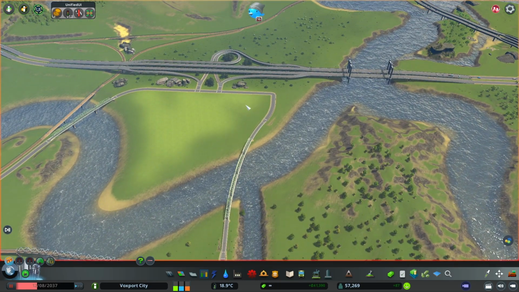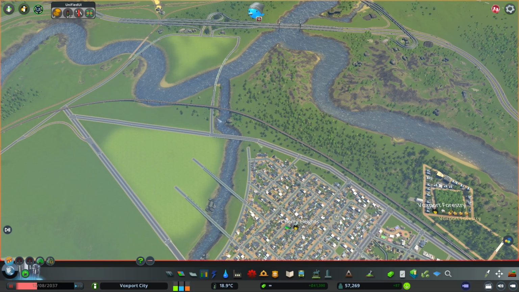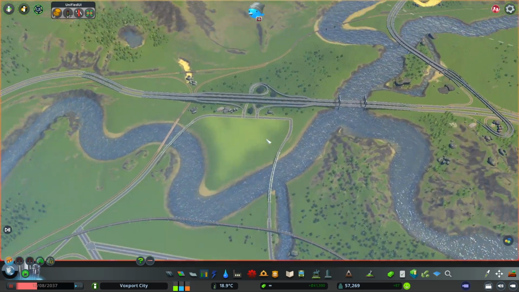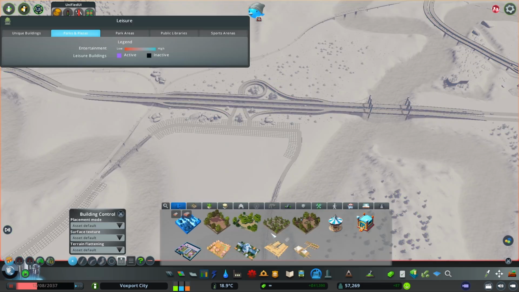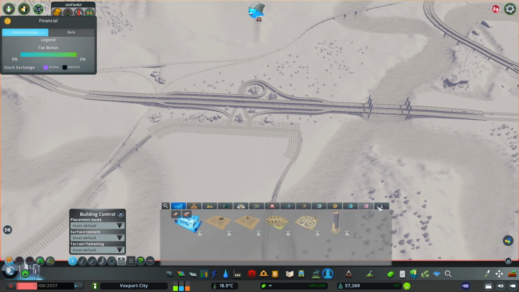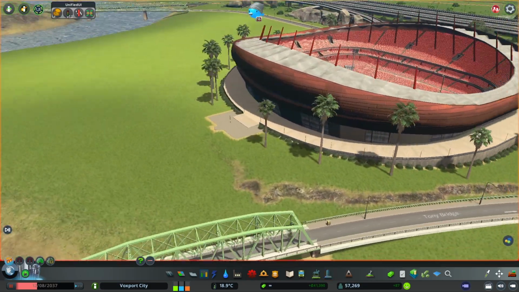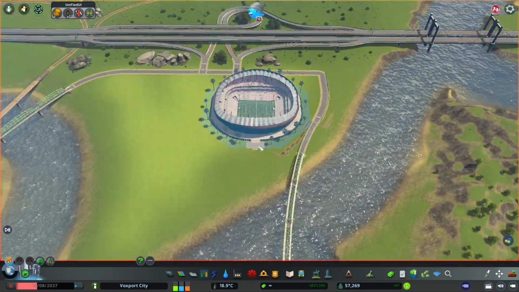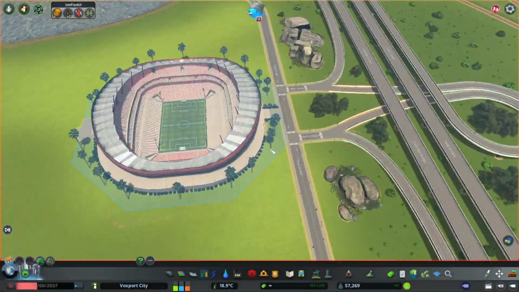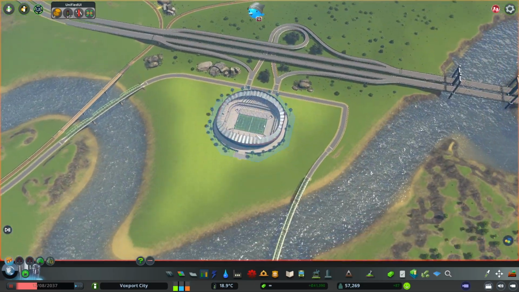So we got the highway connection. We have a connection to the city, actually, which is good from here and from the outside train station as well. So let's see. Let's test the stadium, actually. Right here. So we could put that in here. Okay, it's got a bit of terrain glitching, which is not a big problem. We could also just move it right in the middle of the highway exits and entrances here, or what we could also do,